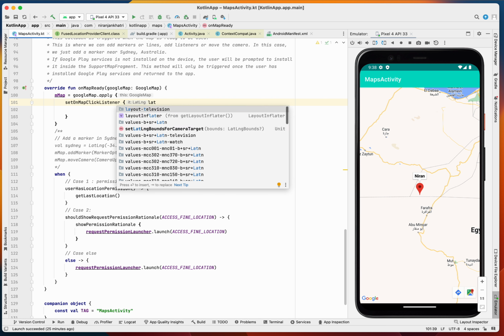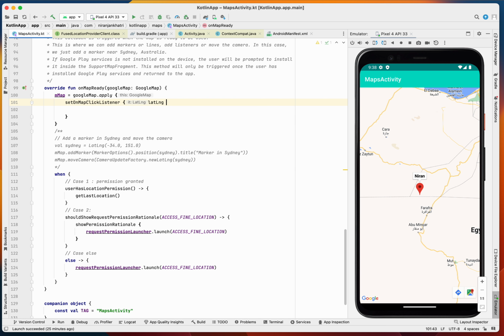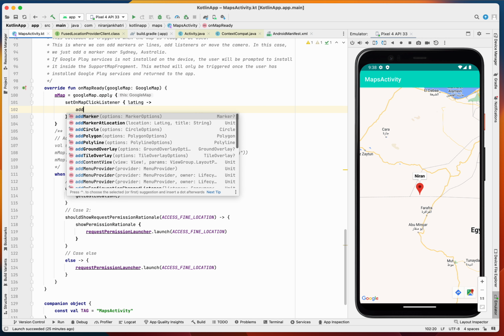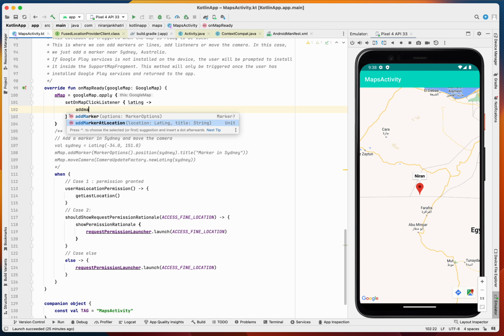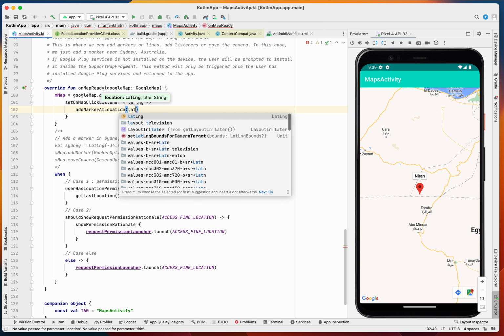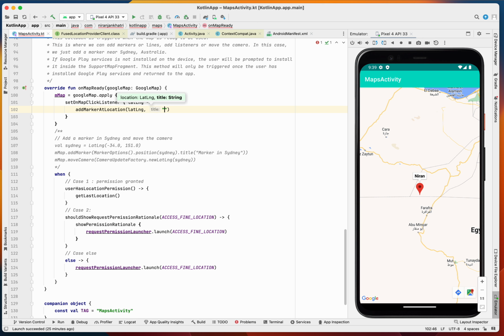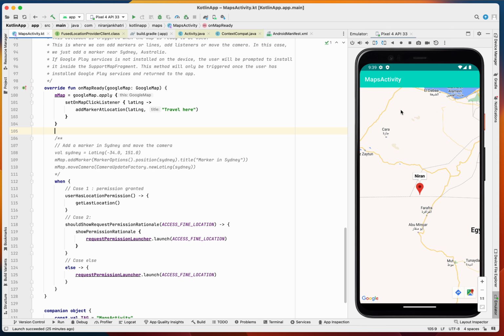So let long, latitude and longitude values, and what we are going to do is add a marker at this location. And then we travel here. So we travel to this location. Okay, it's pretty simple,